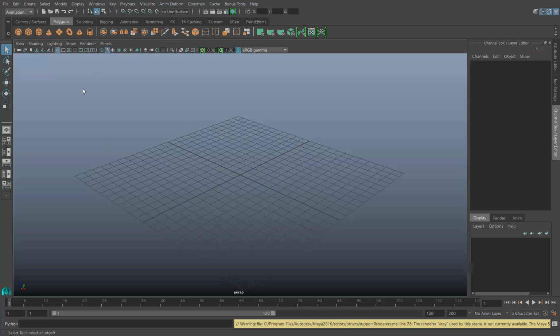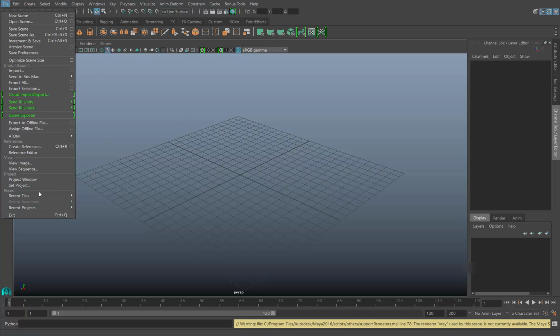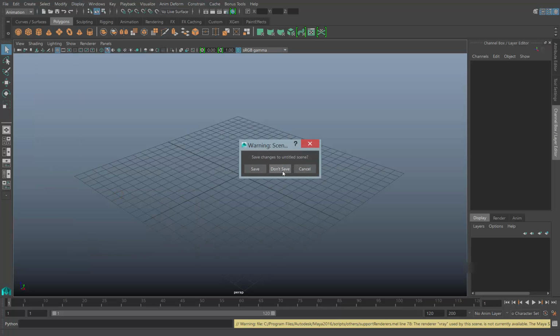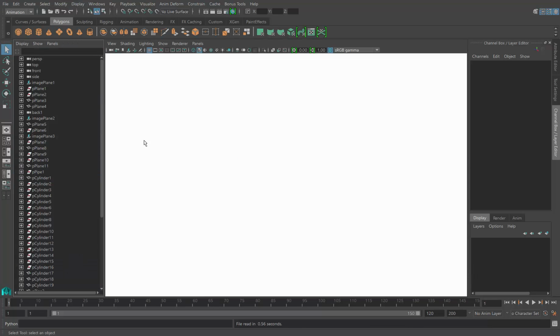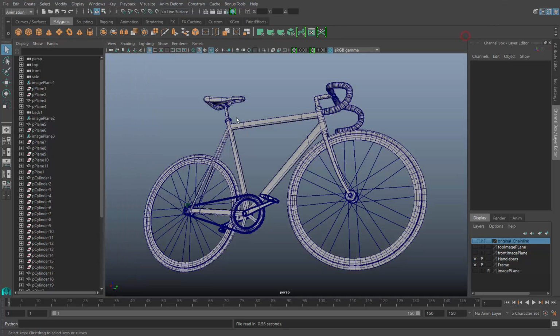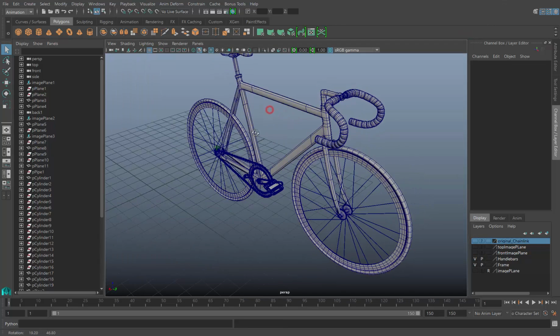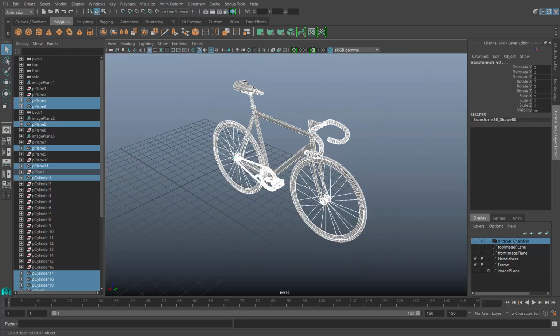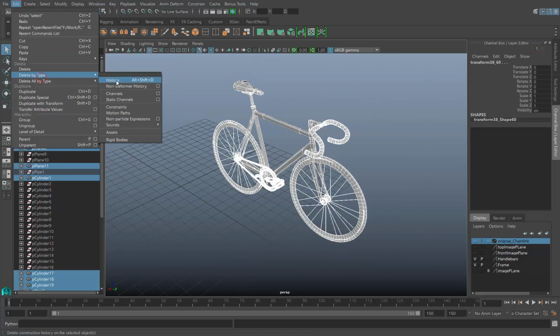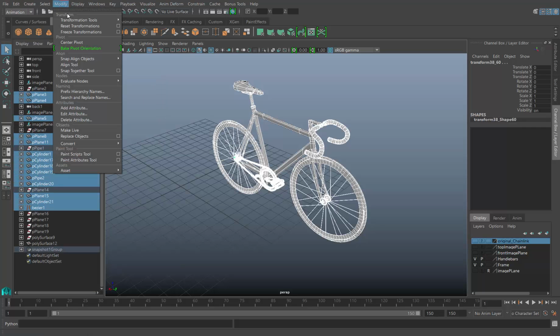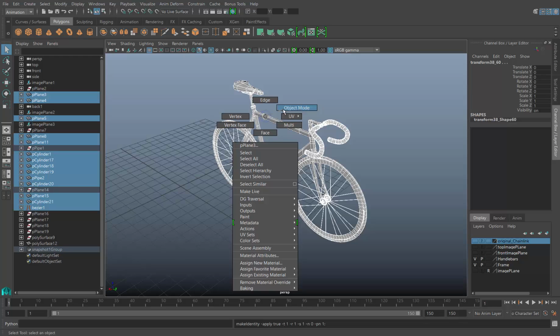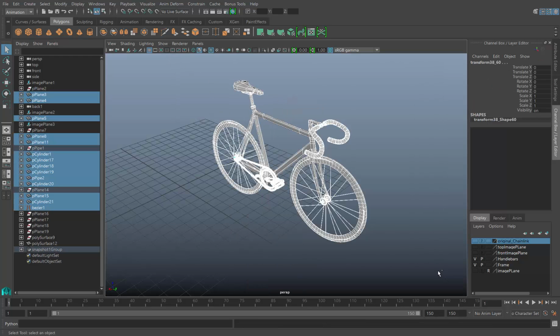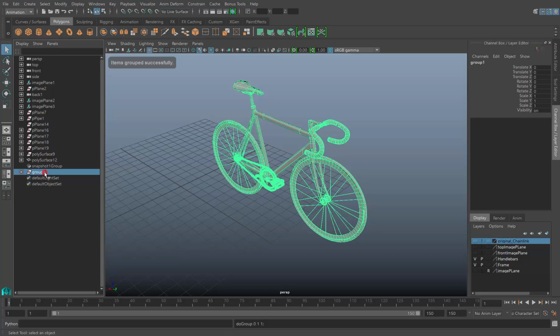So the first thing we need to do is go back into our old files like the bike and export the bike into a separate file. So I'm going to go into the last file that I had for this bike and I'm going to select everything, edit, delete by type, history, modify, freeze transformations, and I'm also going to Control G and group the entire thing. And let's rename this group the bike. So now I'm going to select it by this and go to File,